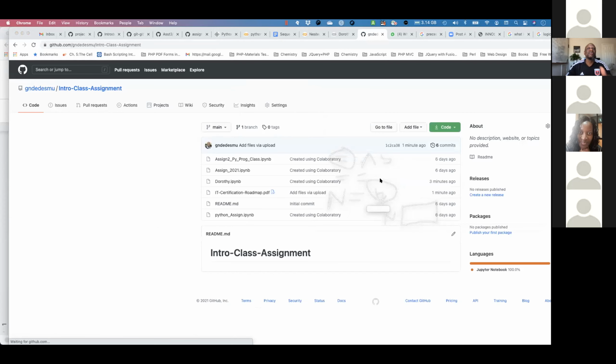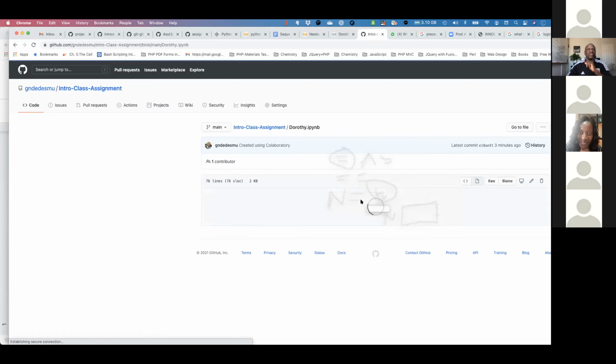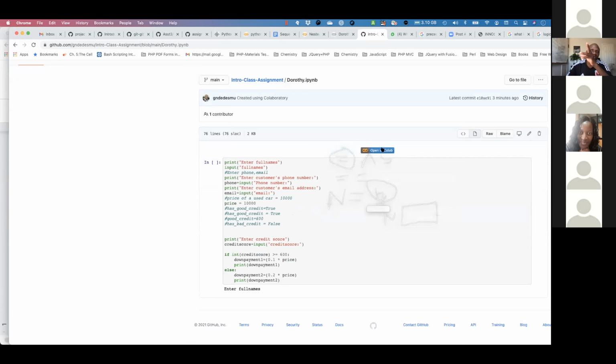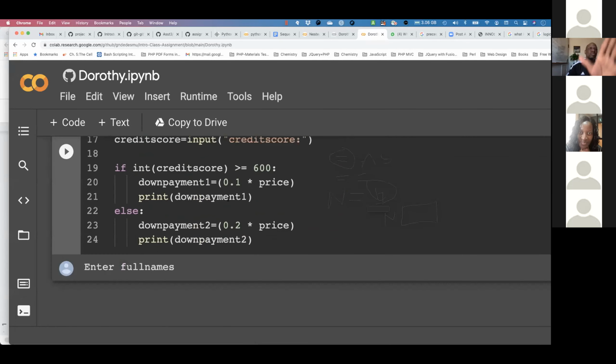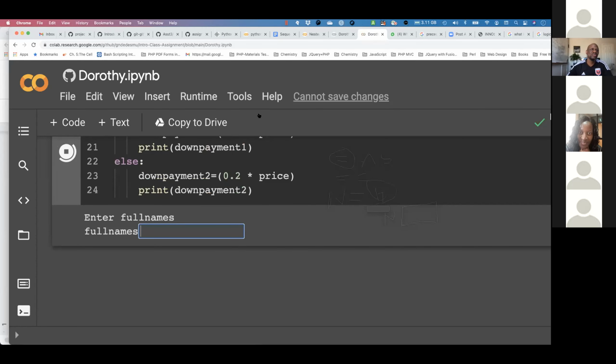So instead, we are just going to go back here. From here, we go here, and then we upload it. Alternatively, you can go to File, and then you can edit a file. Say I want to edit Dorothy. I can edit the Dorothy file from here. I can go into Colab from here straight. I can click on that, and it takes me to Colab. Then I can put a little bit more code in there and run it. If I'm done, it's going to save it to GitHub.